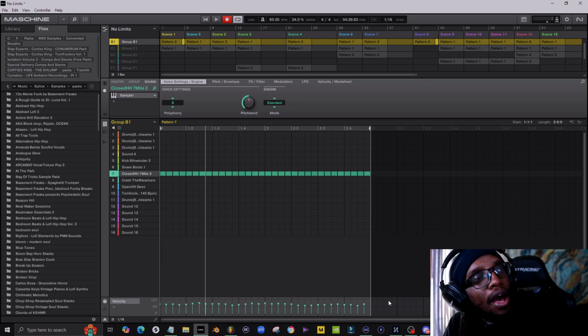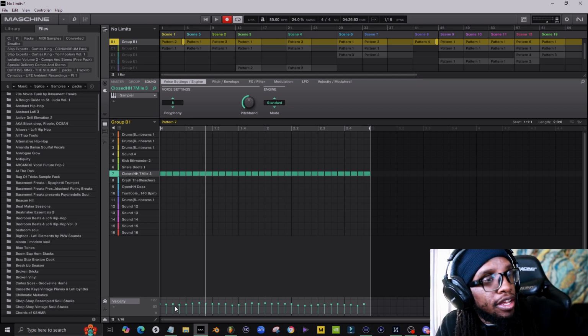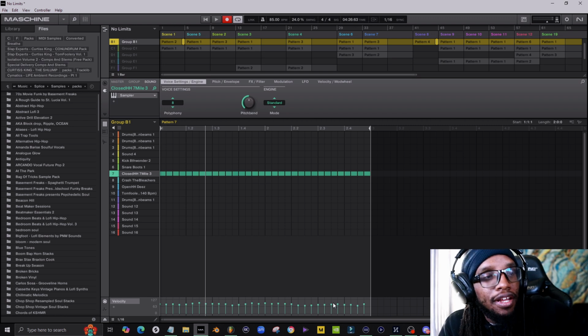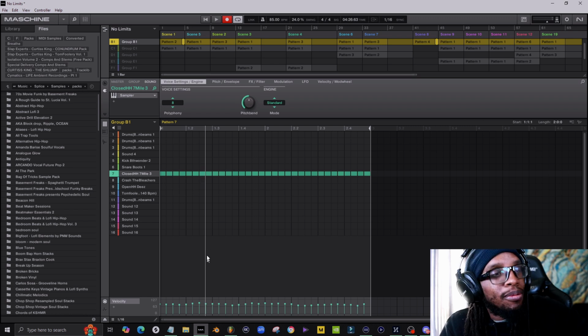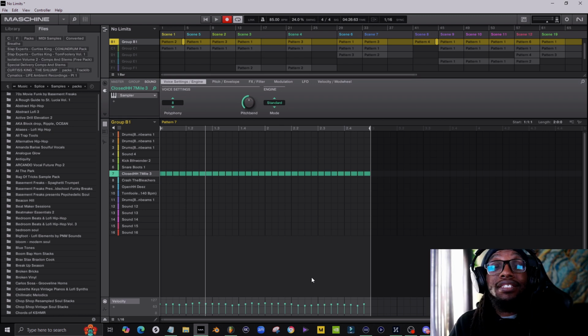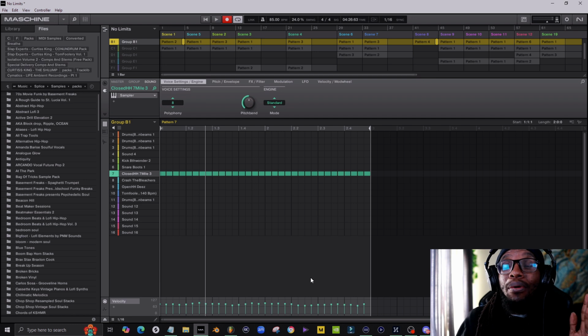Do you see how I was able to alternate the velocity of each hi-hat? In FL Studio, after I would do the fill in every 2 steps, every 4 steps, I would have to alter each note. With Maschine, I don't have to do that. So I would easily say, when it comes to workflow, I would go with Maschine.